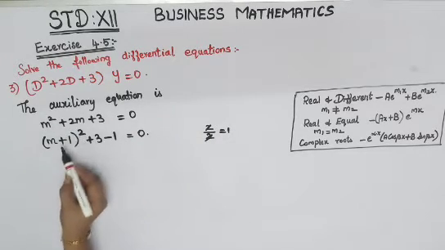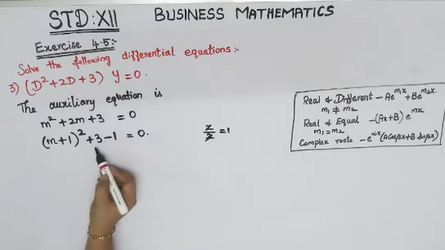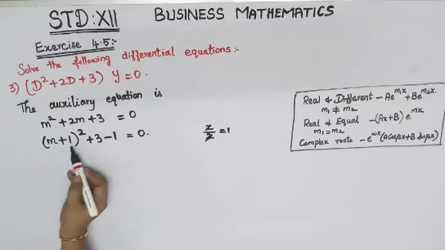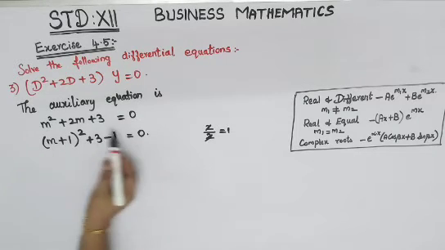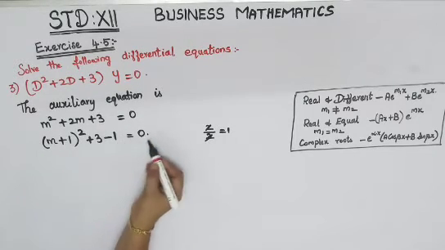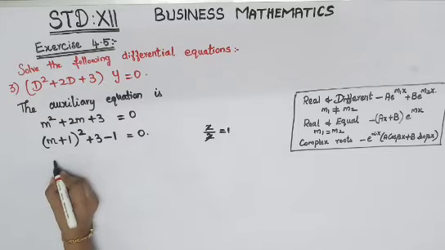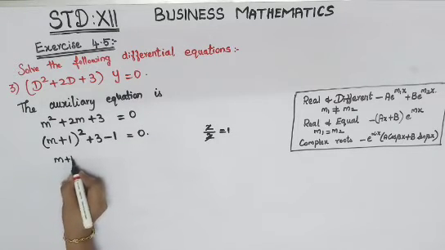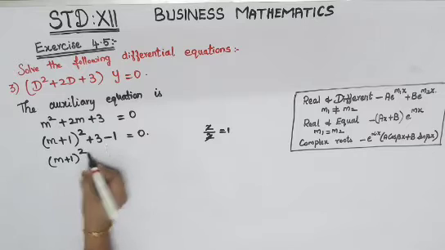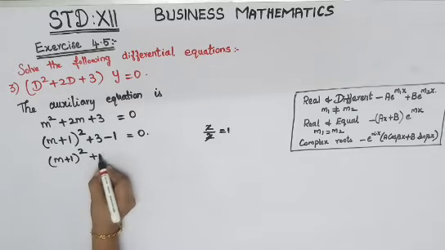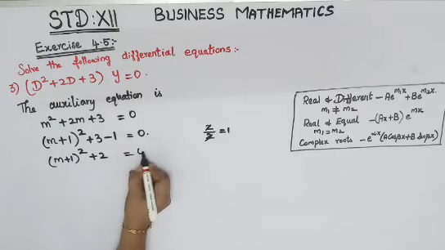Since we have got plus here, put plus. So (m plus 1) the whole square. Then put this plus 3 as it is. Since we are adding plus 1, that 1 has to be subtracted outside. So it is minus 1, which is equal to 0. Now the next step is (m plus 1) the whole square. When you subtract this, you will get it as plus 2, which is equal to 0.